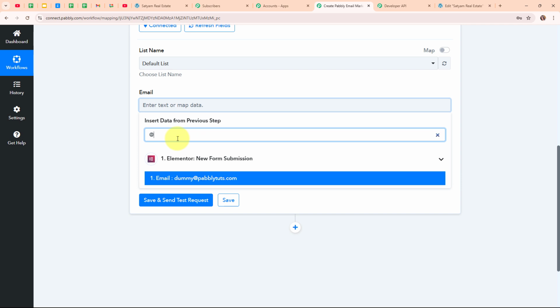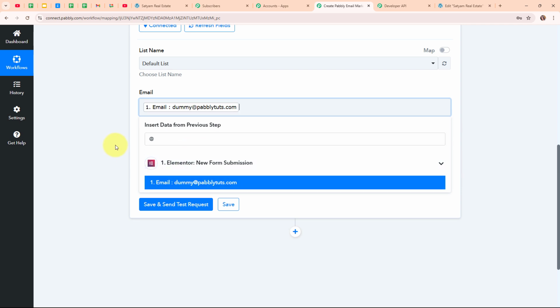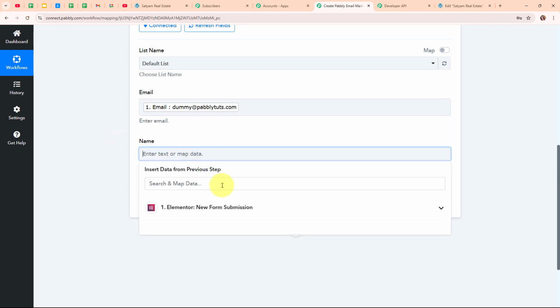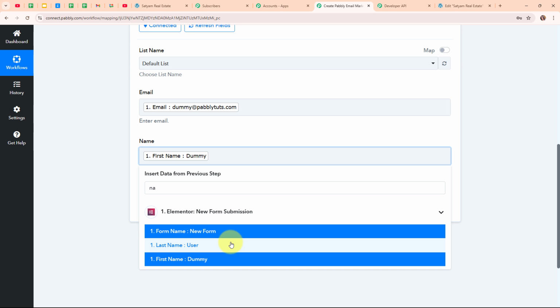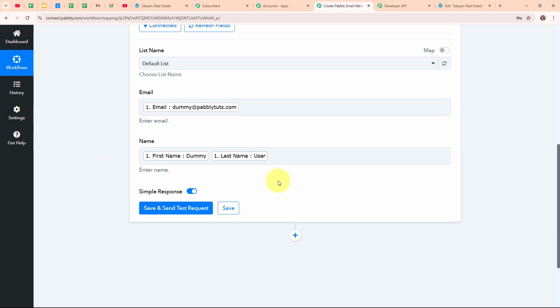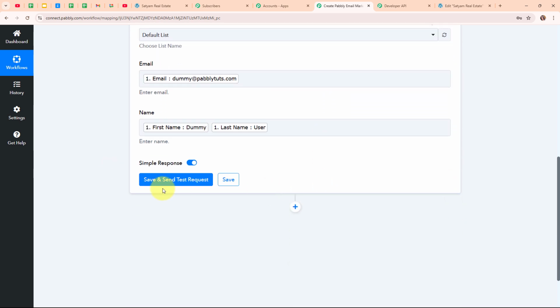So I'm going to search for my lead's email. This is my lead's email. Moving forward, for the name I'm going to search for my lead's name. This is my lead's name. I'm going to map the first name first, then a space, then I'm going to map the last name. And now, after entering all the required details, I'm going to click on save and send test request